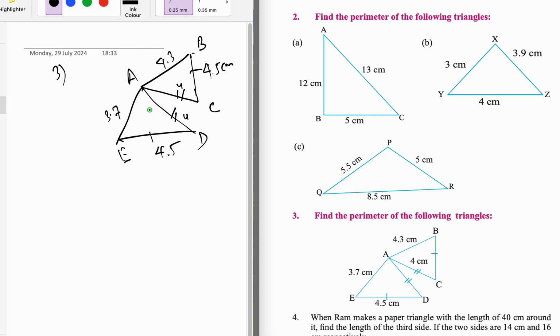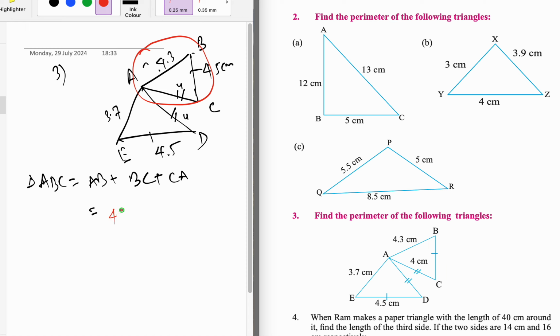First of all, perimeter of the following triangles. Okay, triangle ABC, the perimeter of triangle ABC is AB plus BC plus CA, this upper triangle. To find this, 4.3 plus 4.5 plus 4 equals